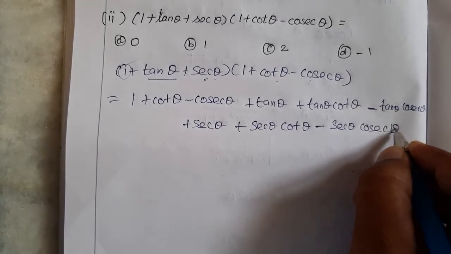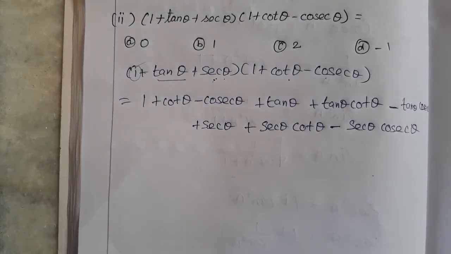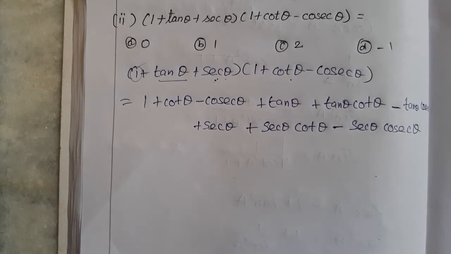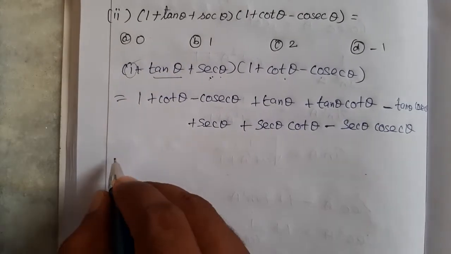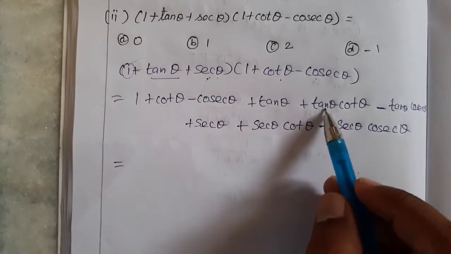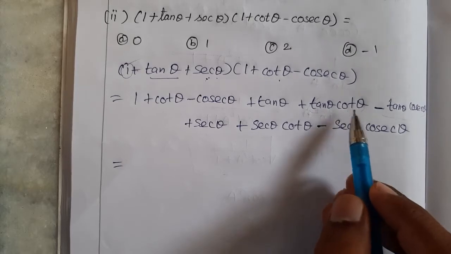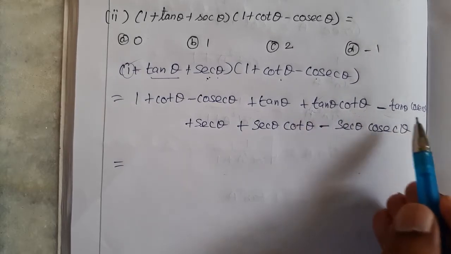So while doing this process, be careful on the sign. There only we will make mistakes sometimes if we are careless. So be very careful on those signs. You can see that two terms are there that we can cancel. The tan and cot we can represent as 1 by tan, and so the tan and tan will cancel.